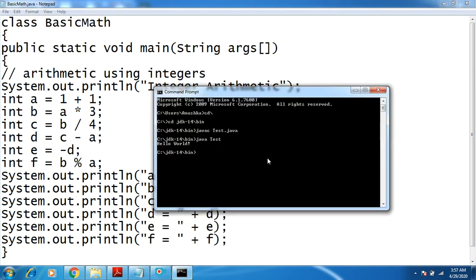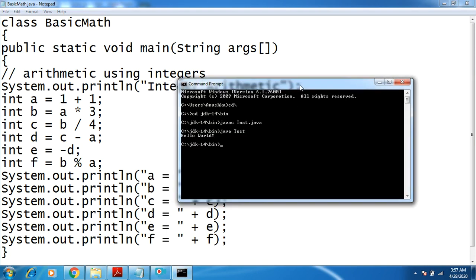Now if you want to compile and execute this program, again you can use javac, or else it's already been typed over here. You can make use of the up arrow key so that it will give it to you; you just need to change the name of the file, that is BasicMath.java. Press enter.